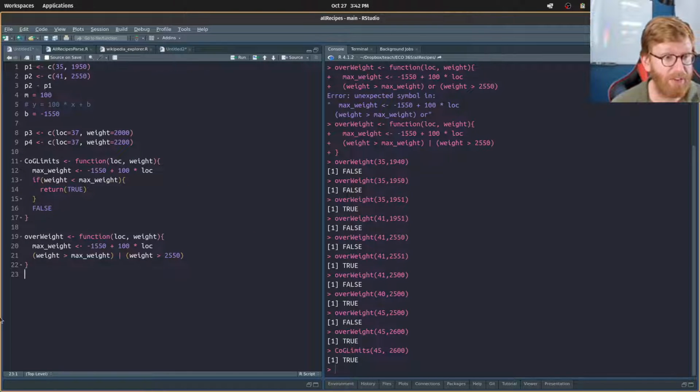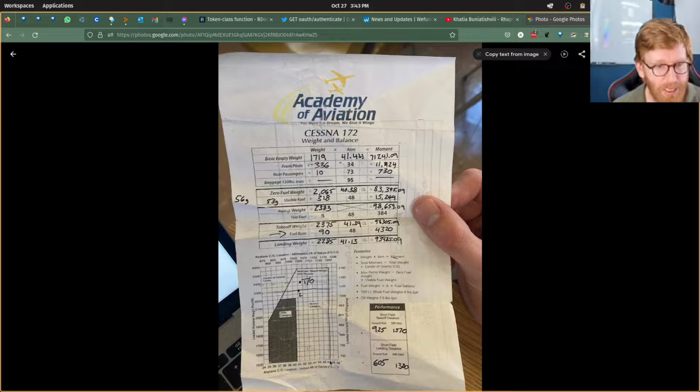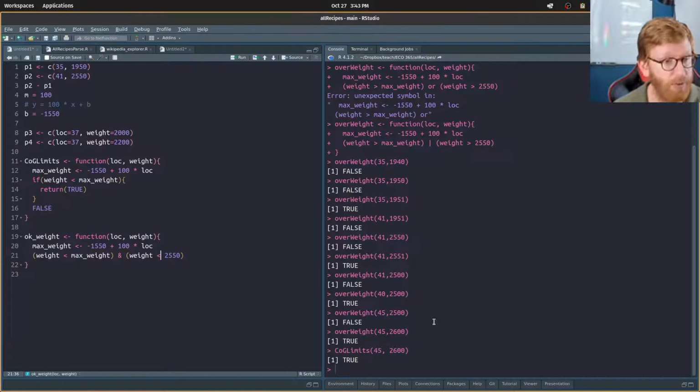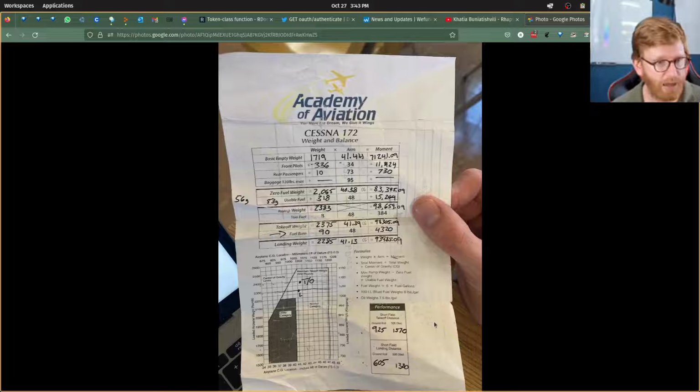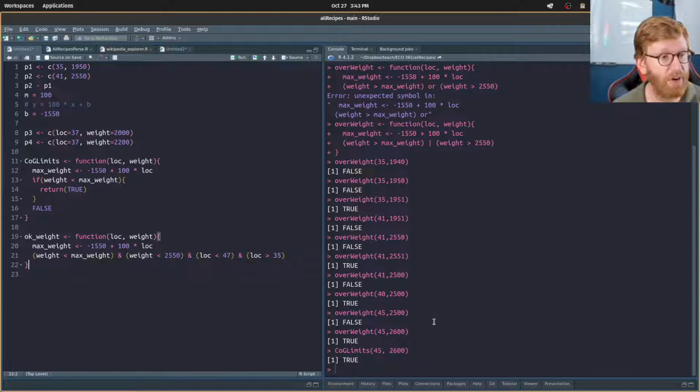That is one way to build these conditions together. We could also have an and, which would be an ampersand, right? So if we wanted to say, let's just call the function okay. Are we okay weight if our weight is less than the maximum weight based on this calculation? That's good. And our weight is less than 2550, that's good. And let's make sure our location is less than 47. Location is less than 47. And our location is greater than 35. If all of these things are fine,